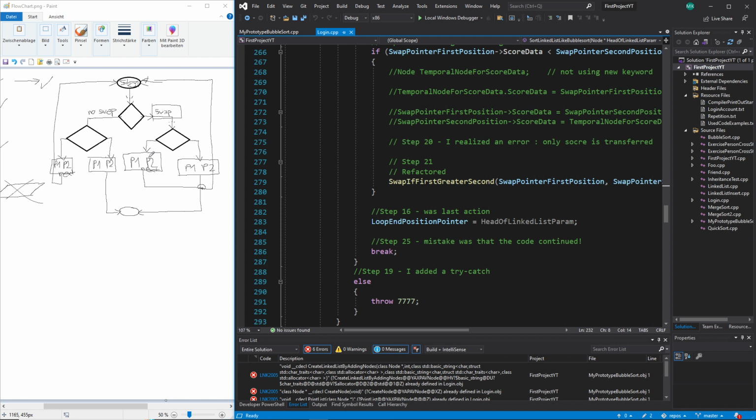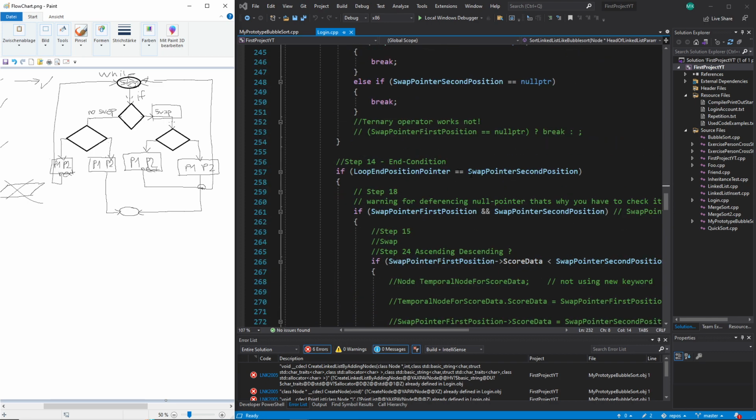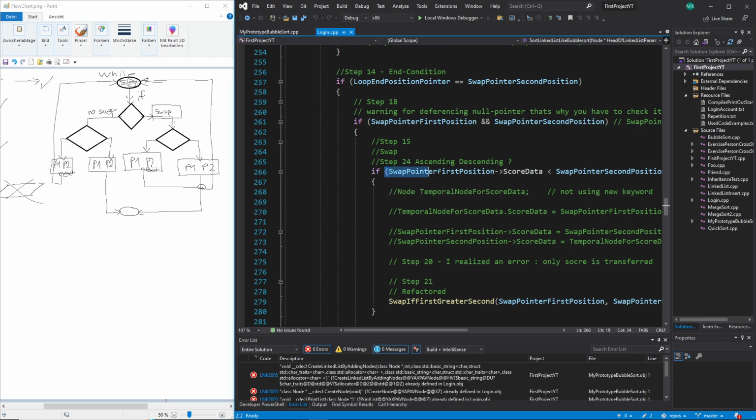And there is a second use case. When you can make a flowchart like this, then you can program accordingly to this flowchart. What I mean with that is, here I said this is my start point, right? I could start with a while, okay, here. And then I go here, this diamond symbol here represents all the time an if, more or less. There are different kinds of ifs, but most of the time an if. Here is an if, and then I decide, for example, in my case, that would be the place where I am here. I say the swap first pointer is less than the